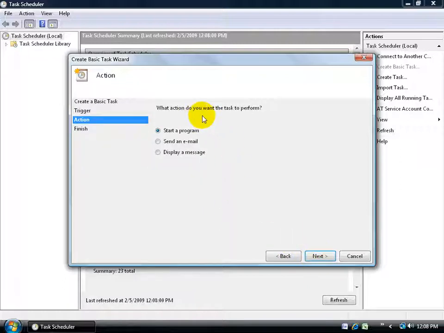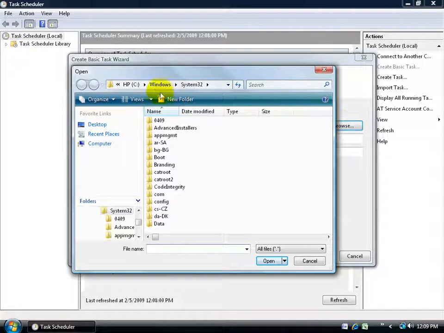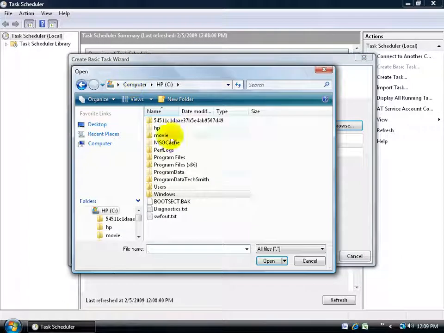Well, what action do you want the task to perform? Start a program, send an email, display a message. Well, start a program, click Next, and then it says, okay, where's that program? Remember, it's the Windows Calendar, so I'll click Browse, and I want to be able to go to my hard drive here, to my Program Files. You'll have two of them. The Windows Calendar is in the x86 Program Files, so I'll double click on that,